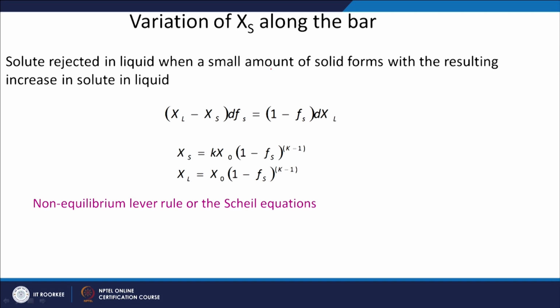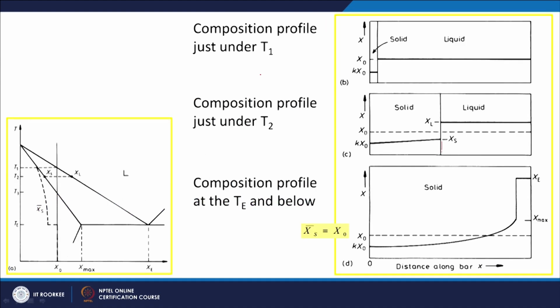Now, I can also give a mathematical kind of analysis for this problem here. So, what is the variation of excess along the bar? What we are saying is that solute is rejected in liquid when a small amount of solid forms, which is given by dFs. So, this is my small amount of solid which is forming, and there is always going to be some solute which is rejected when solid is forming, and that will be equal to, this is the